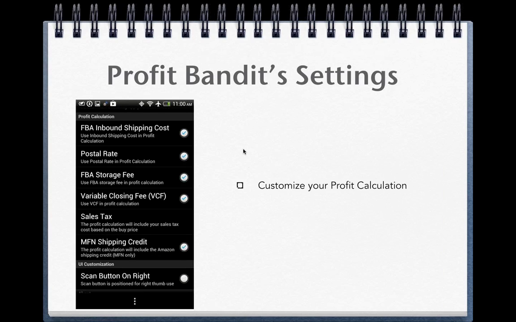And this last section of settings is really, really important. This is where you customize your profit calculation. Starting at the top, this is where you can include your inbound shipping cost, or if you don't really care about it,